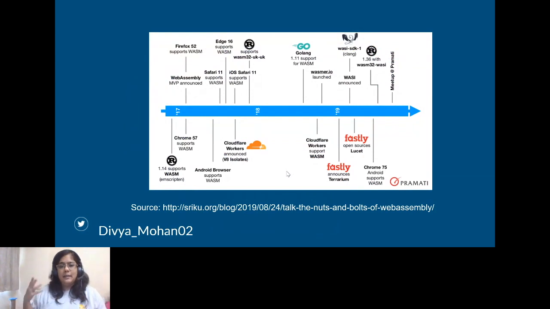So between 2017 and today, although the show is only up to 2019 currently, what happened was that a lot of specifications aiding the development of the WebAssembly ecosystem came into place. One of them was the specification. A lot of languages introduced support for the WASM language, and in the last couple of years,